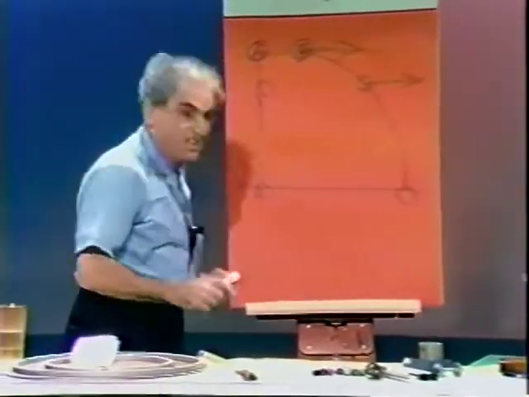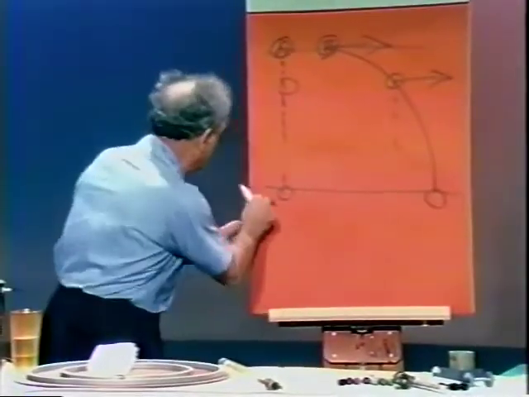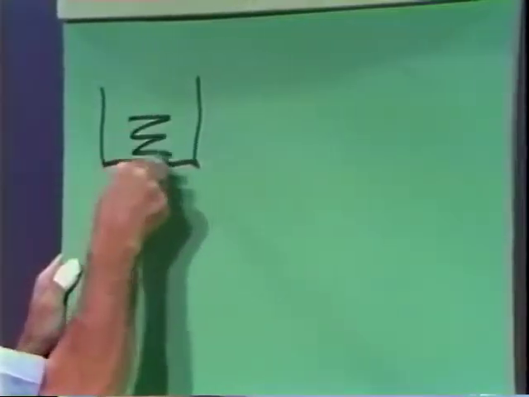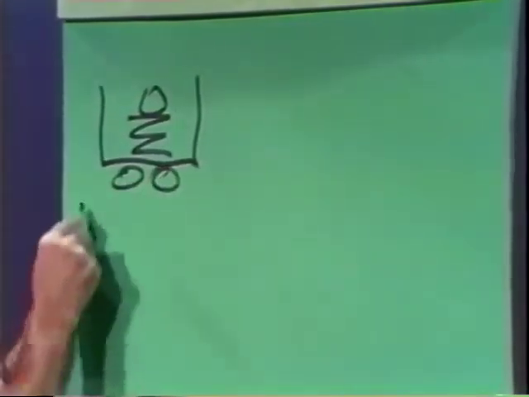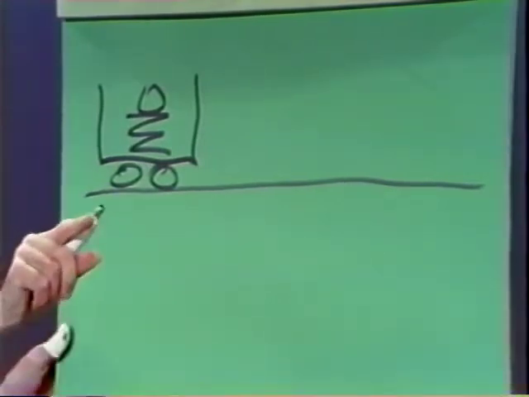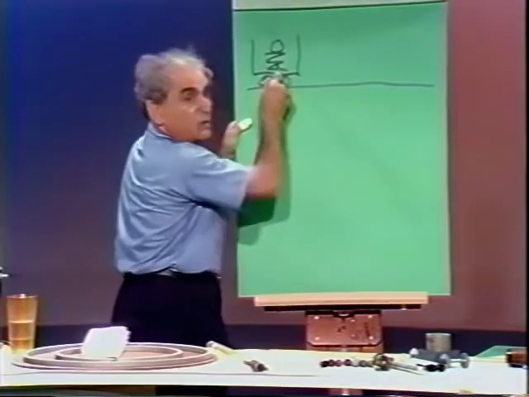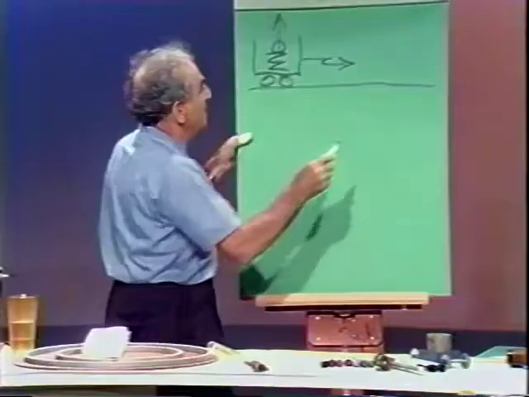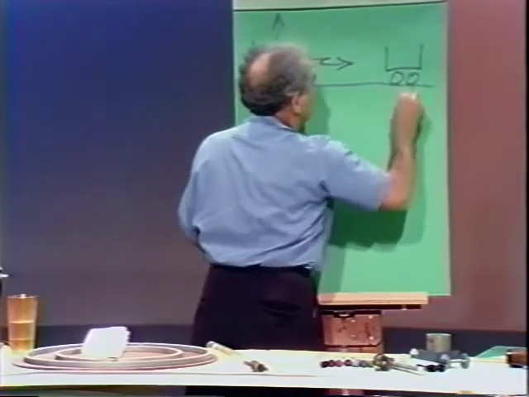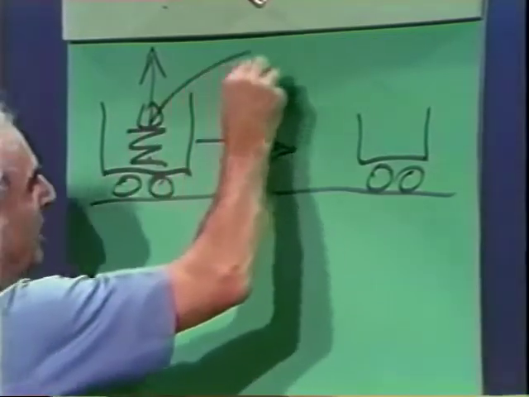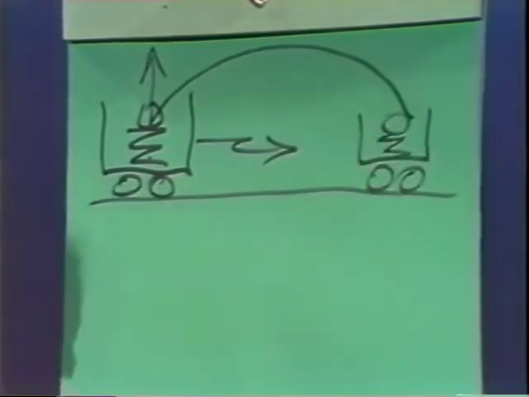Consider now another one. This one has absolute enchantment. Let me put a ball in a car on a spring. And now I will put the spring in compression, drive the car away from me. The spring will be released and project the ball vertically, and the car will go horizontally, and it does no longer have the ball in it. Pretty soon the car is over here. And what do we discover? We discover an amazing and wonderful thing, that the ball is caught by the car. And I'm going to show you that.